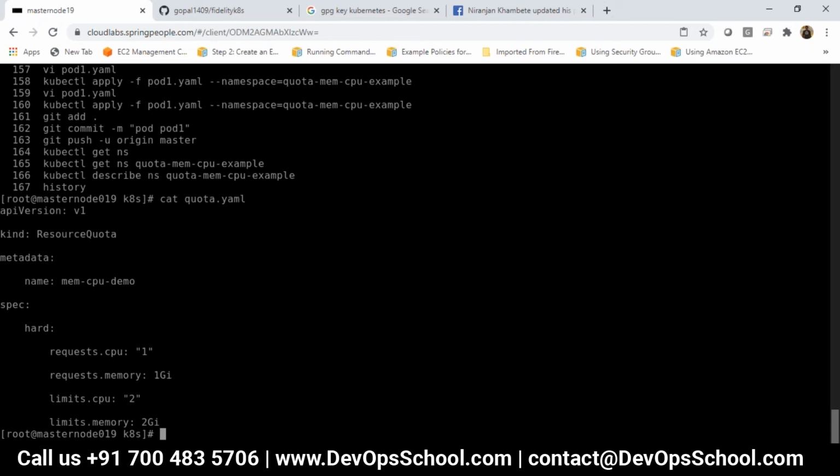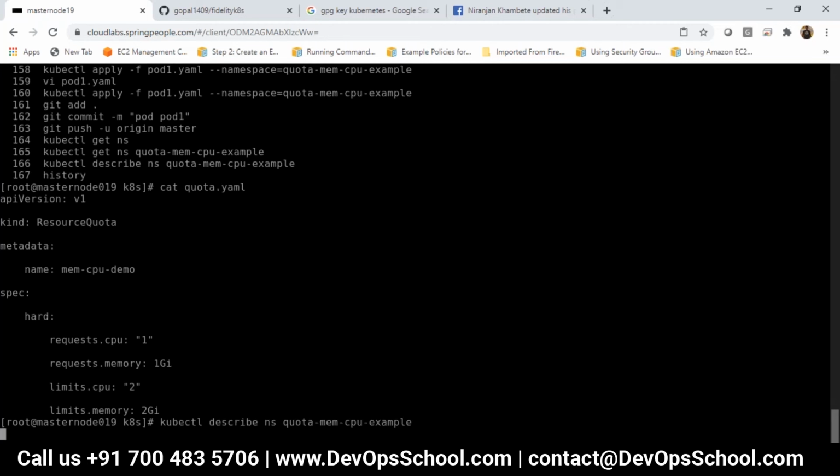Gopal, could you please brief again this request and limit for the namespace? By seeing the numbers, I got confused. I got an error while I deployed the pod one. I deployed the pod one also, but it's an exceeded limit. Because of kubectl describe namespace, see how much we are using.